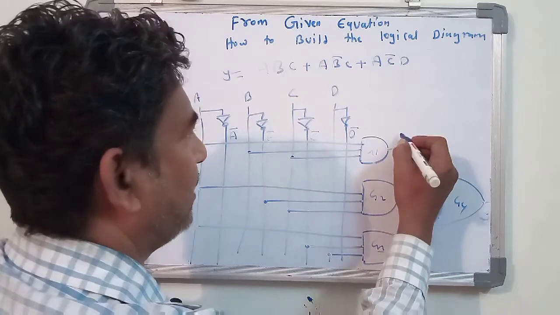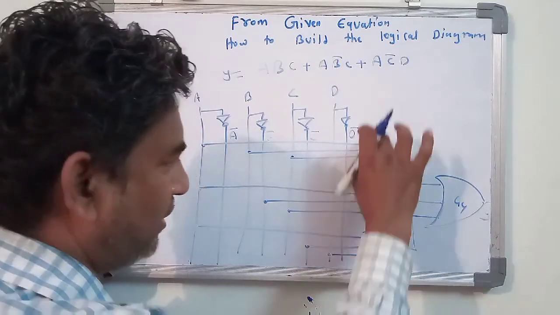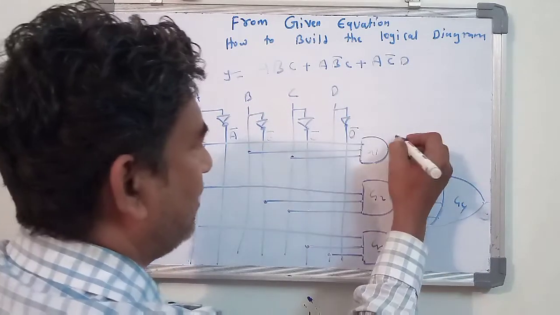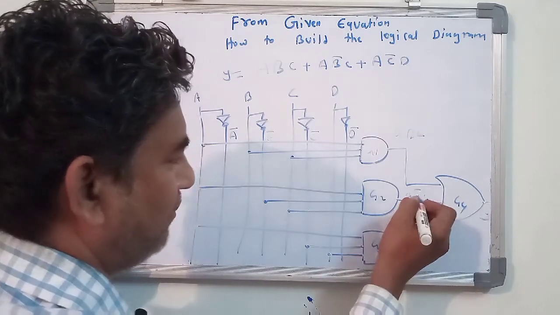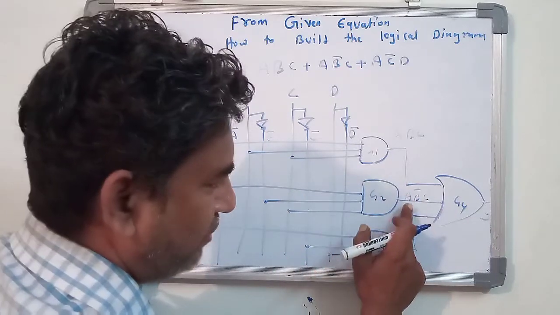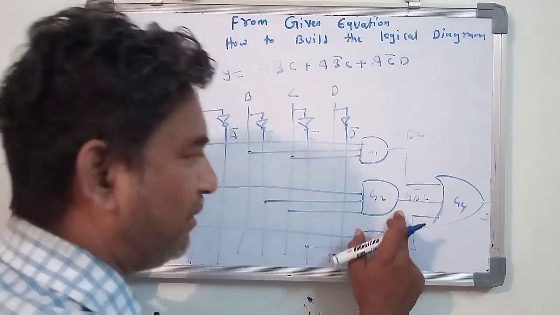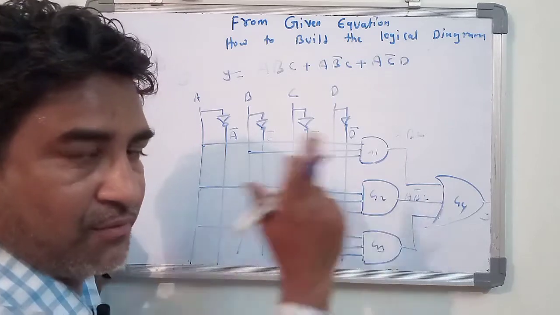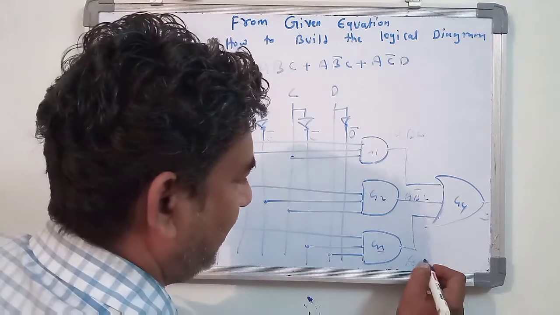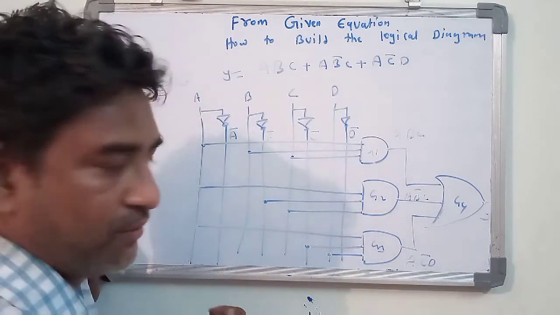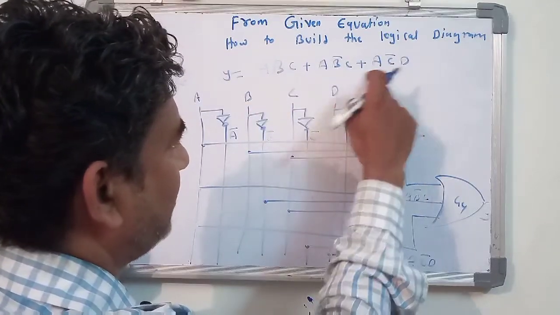Okay, so here you write down the equation, whatever the equation is written, the first part, second part, third part, only you have to write down here also. Only the connection should be proper. Okay students, so A, B, C is the first value, then the second value, that is A bar and C. Whatever the equation you are going to write down here, the same input has to be connected, and due to that input the output is this one. Keep this one thing in your mind. Then the third one, that is A, C bar and D. The output Y is equal to ABC plus A bar C plus AC bar D.